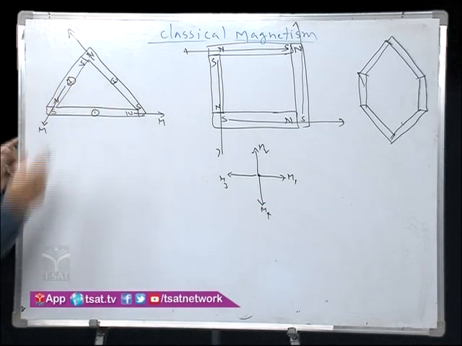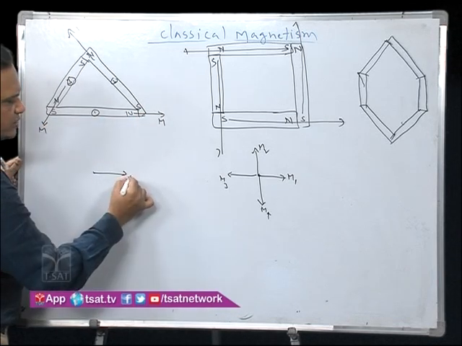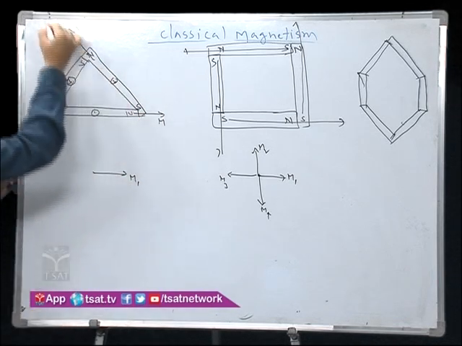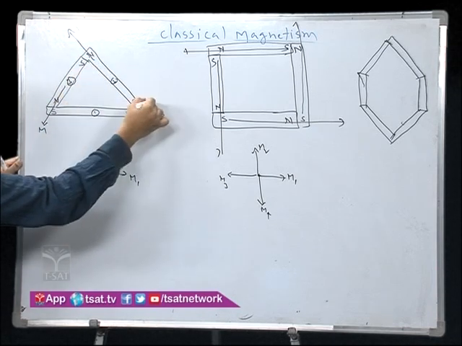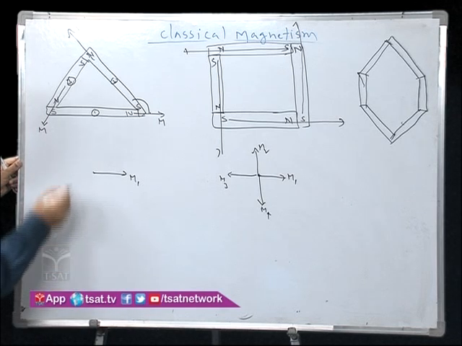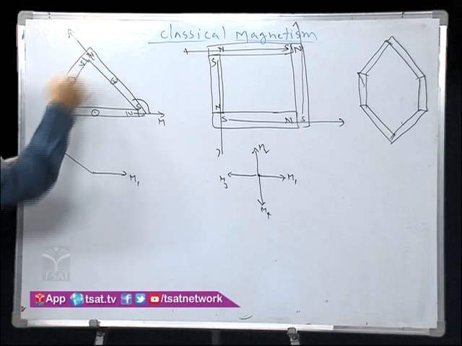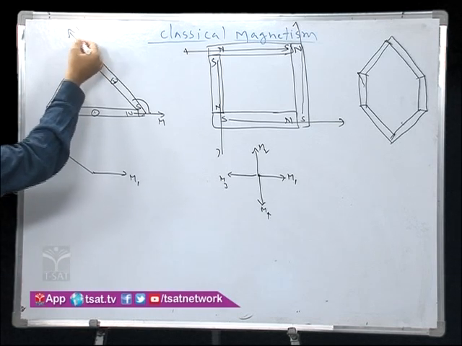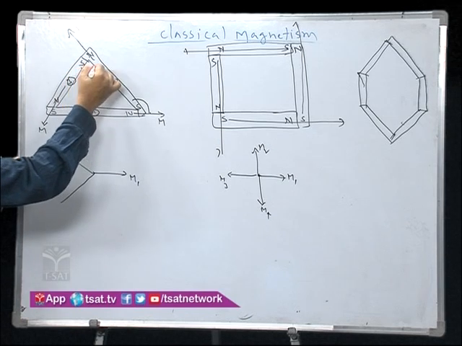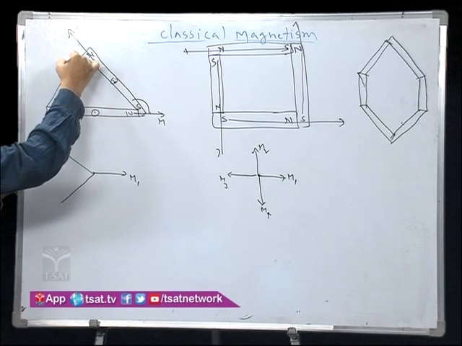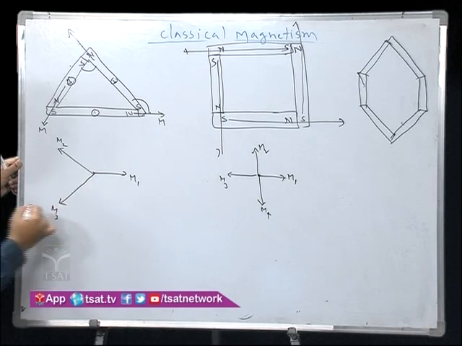So in the first diagram, for the first bar magnet, I am drawing a vector, so parallel vector, m1, and the second bar magnet. So what is the angle between these two vectors? If it is an equilateral triangle, this one is 120 degrees. So second bar magnet m2, 120, and the third bar magnet. The angle between the second bar magnet and third bar magnet vectors, the angle between the two magnets is 60. Angle between the two vectors 120 degrees. So here 120, 120 and 120.